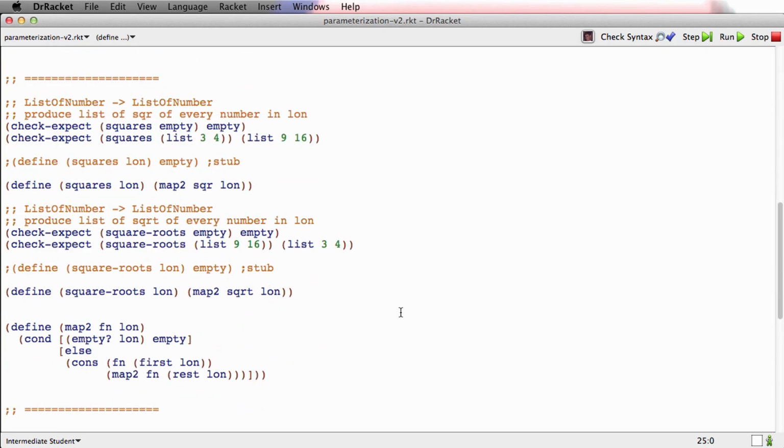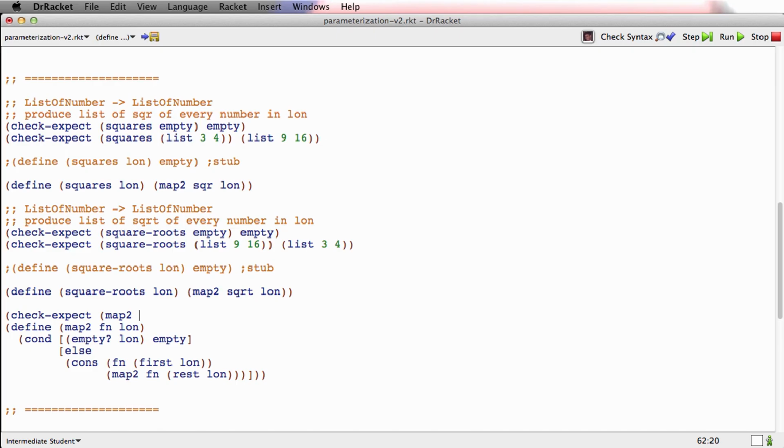Let's see. Let me grab some examples. This time what I'll do is I'll actually do the examples more from first principles, just so you also see that approach. It's a recursive function operating on a list. So base case test is going to come first. Check, expect,